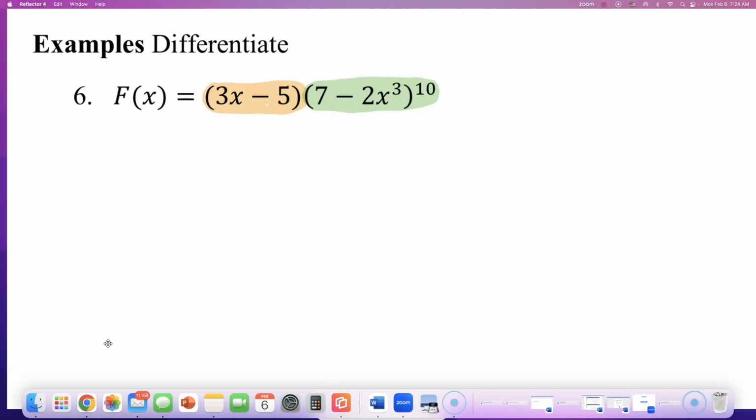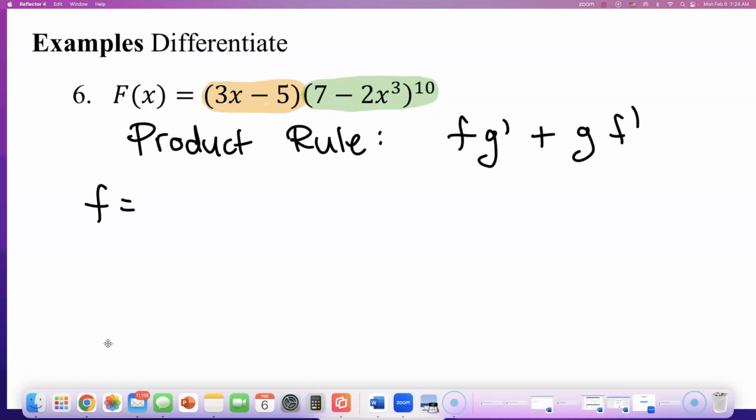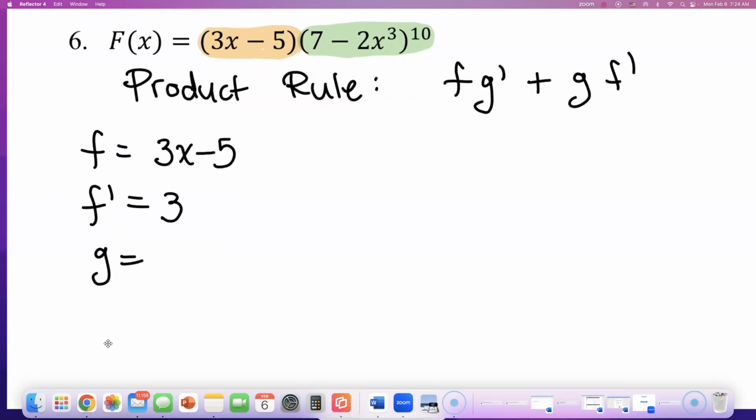Okay, so let me write down the product rule. Product rule is first times the derivative of the second plus second times the derivative of the first. So let me write down everything. First is that orange binomial, 3x minus 5. What's the derivative of that? Just 3, right? Now, g is this green highlighted chunk, which is 7 minus 2x to the 3rd raised to